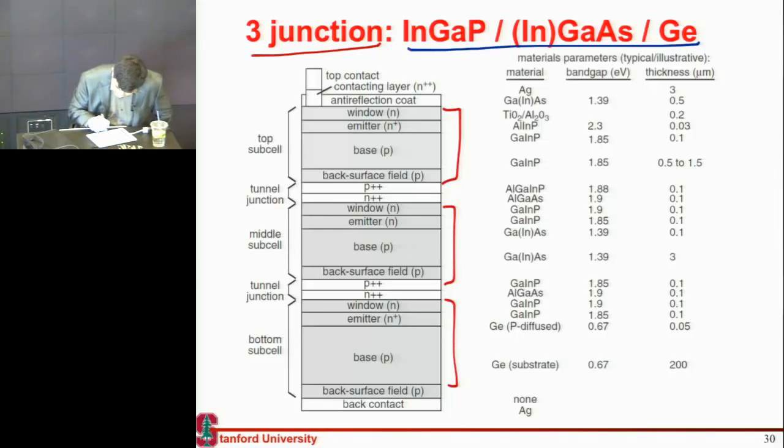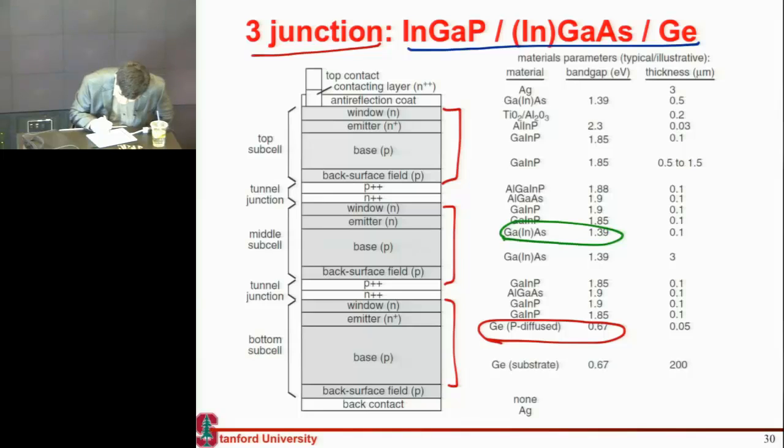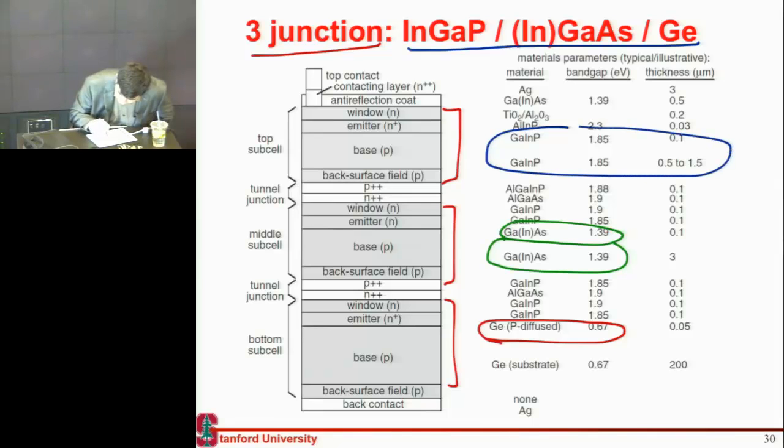The bottom cell is germanium, which has a band gap of 0.67. Then the intermediate cell is gallium arsenide, or gallium arsenide with a little bit of indium added to it, and it has a band gap of approximately 1.4. And then you have this top cell, which is my blue cell, and it has a band gap of 1.85